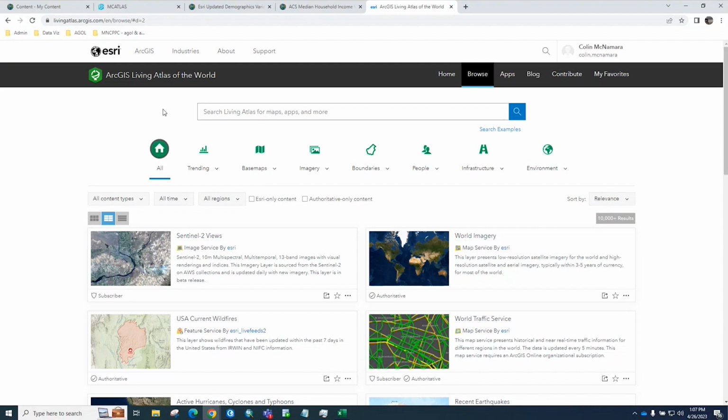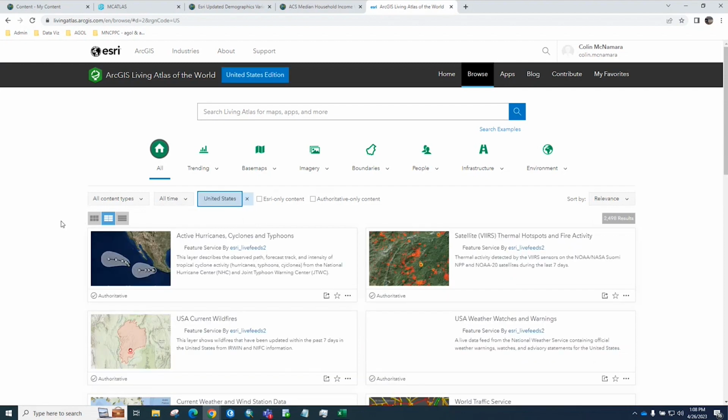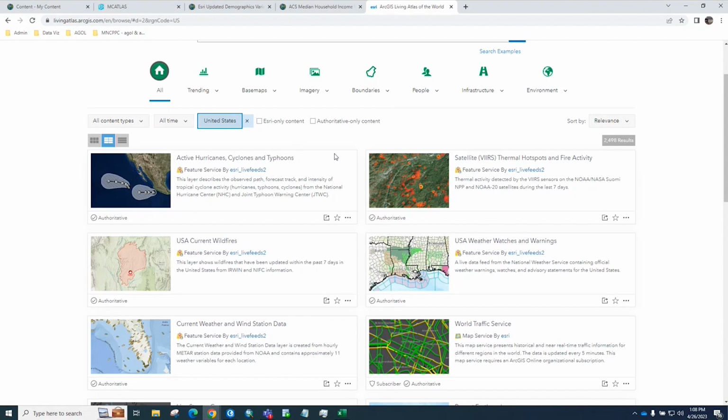This is a global geospatial data library that Esri hosts and maintains. They are not the only publisher of information into Living Atlas, but this is a wonderful, wonderful resource for anyone that's doing GIS work. I'm going to go ahead and filter to the United States,